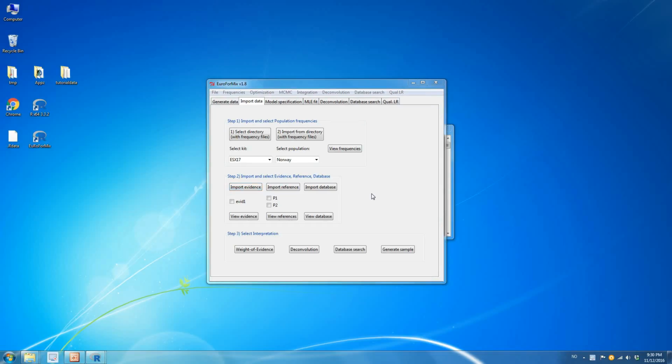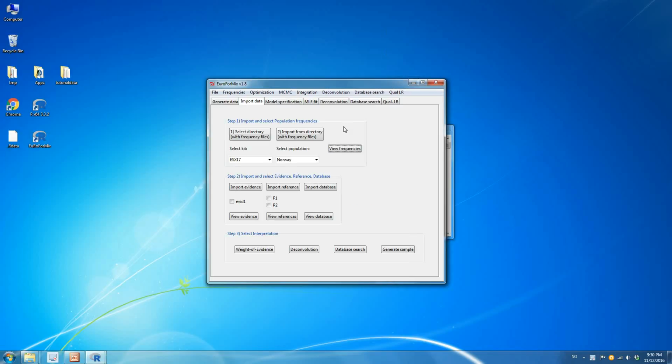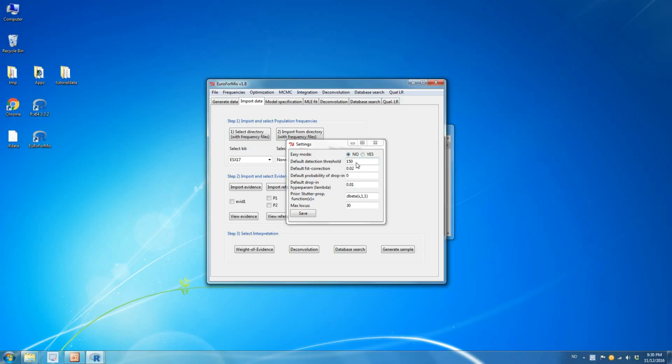The first thing you have to do when you carry out your analysis is to check your allele frequency data. So here I select ESX17 and Norway, and you can click on this button to view the allele frequencies and see that they correspond to the allele frequencies in your file. So what I do first here is to click the settings button, and you will see here that we have an easy mode. I will turn this on in order to guide the reporter with a more streamlined analysis. So in this analysis here, we will use detection threshold 150 RFU, and we put the FST correction as 0,